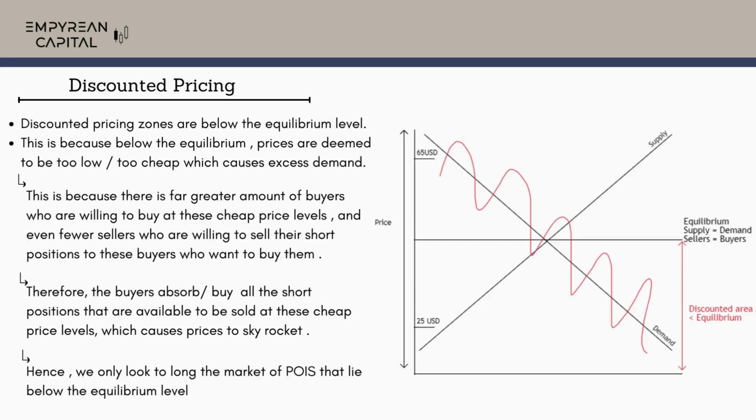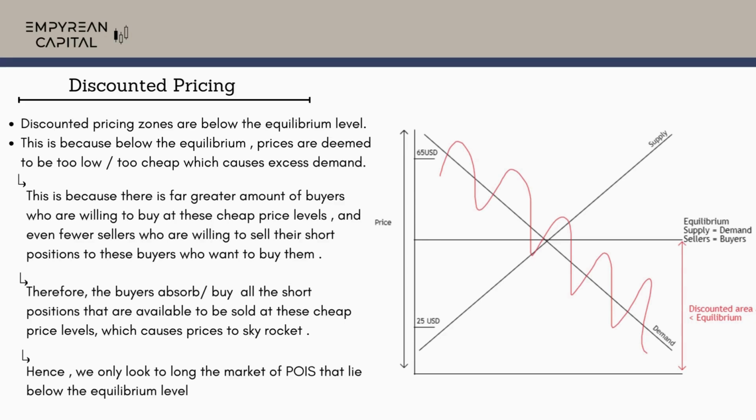So what exactly are discounted pricing zones? Discounted pricing zones are below the equilibrium level, which is our midpoint, our fair value price level. This is because below the equilibrium, prices are deemed to be too low or too cheap, which causes excess demand. This is because there's a far greater amount of buyers who are willing to buy at these cheap price